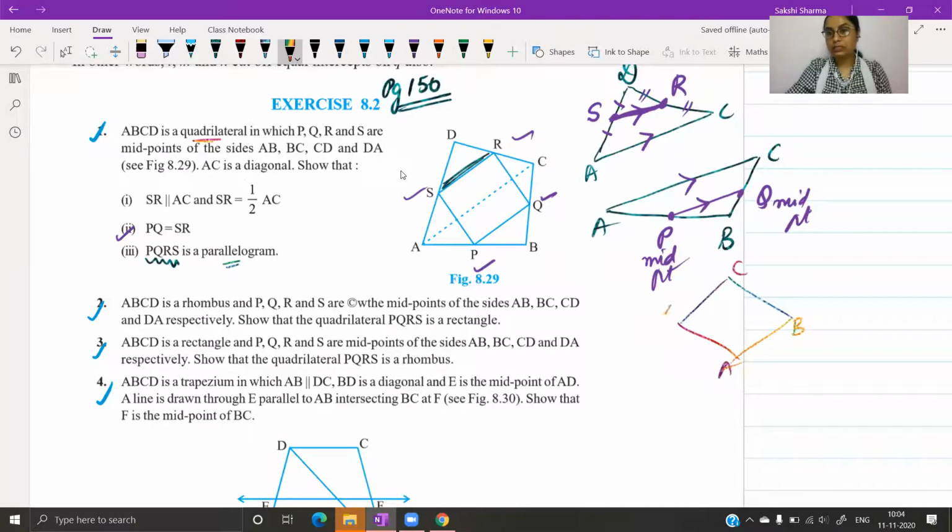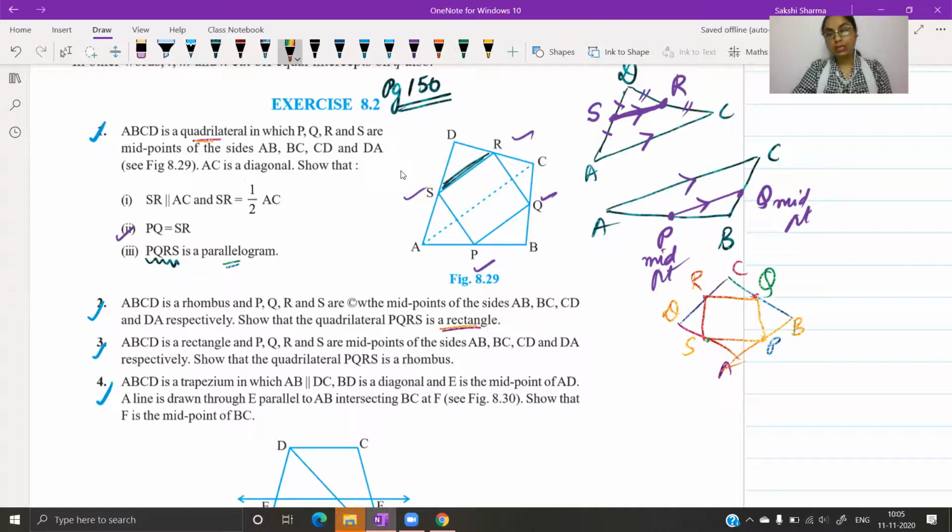अब इस rhombus की sides के mid points दिए हुए हैं आपको. PQRS are now the midpoints of the sides of this rhombus. What will happen if you form the quadrilateral inside now? You have to prove that the quadrilateral formed inside is a rectangle. And then third question is the converse of this one, कि अगर बाहर rectangle बन रहा है और हम rectangle के midpoints को join करके quadrilateral form करें, तो जो अंदर वाला quadrilateral बनेगा वो rhombus बनेगा. So these three are actually going side by side.